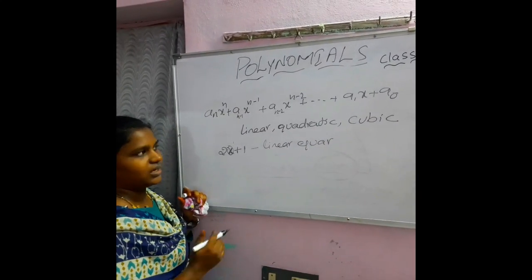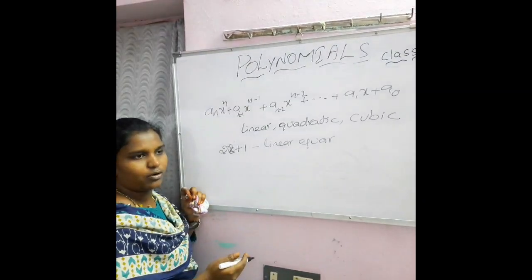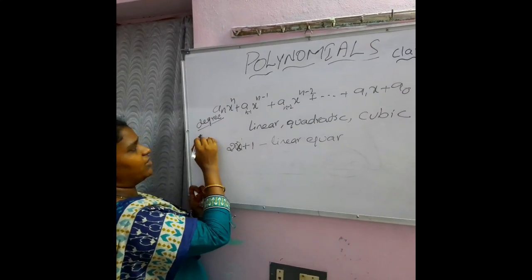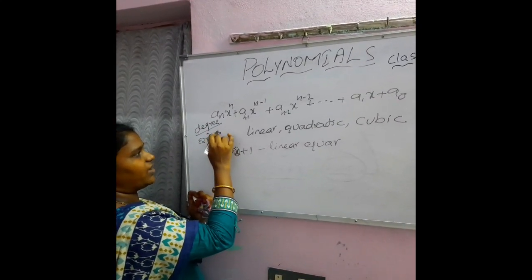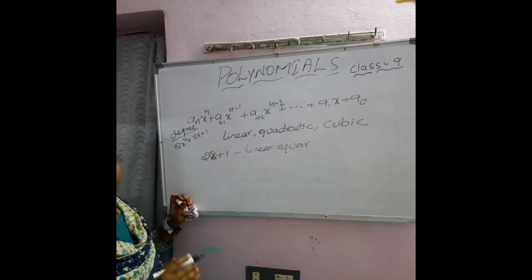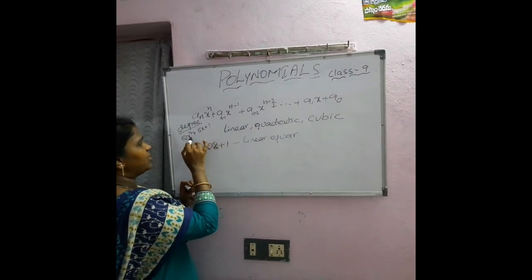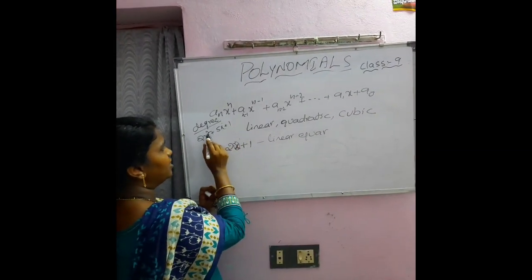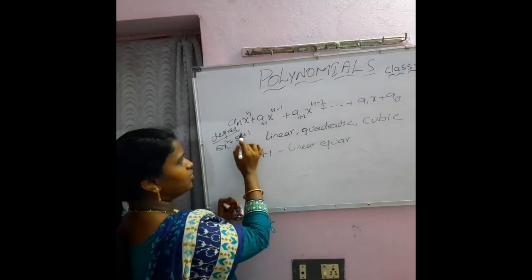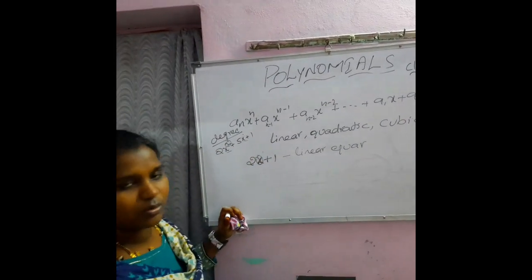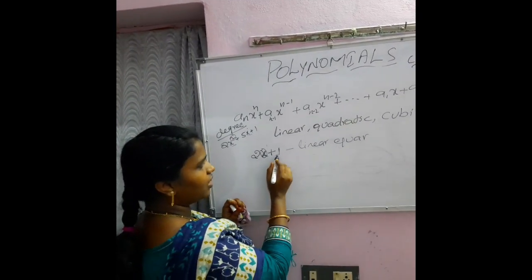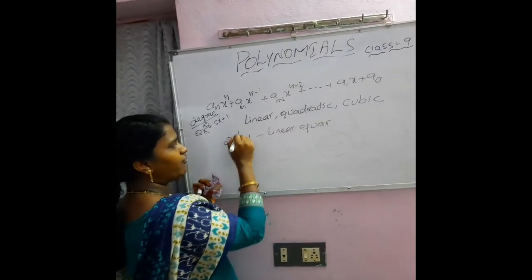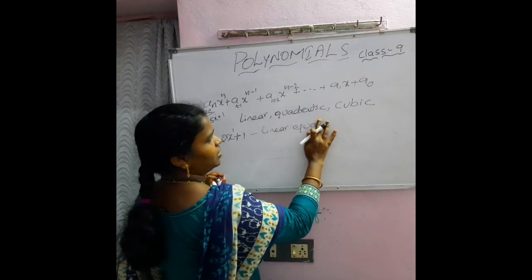Linear equation is nothing but the degree of the polynomial. What do we mean by degree? In the expression whatever we are taking, 2x square plus 5x plus 1, we have to observe the variables. What are the variables here? X is the variable, and the degrees of the variable we have taken are 2 and 1. The highest between 2 and 1 is 2, so the degree of the polynomial is 2. So if we had taken 2x plus 1, the degree of the polynomial is 1, that is x has the degree 1, so it is called a linear equation.